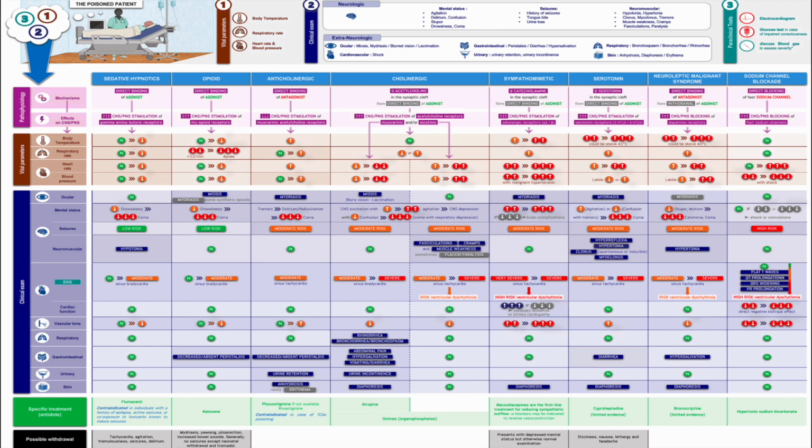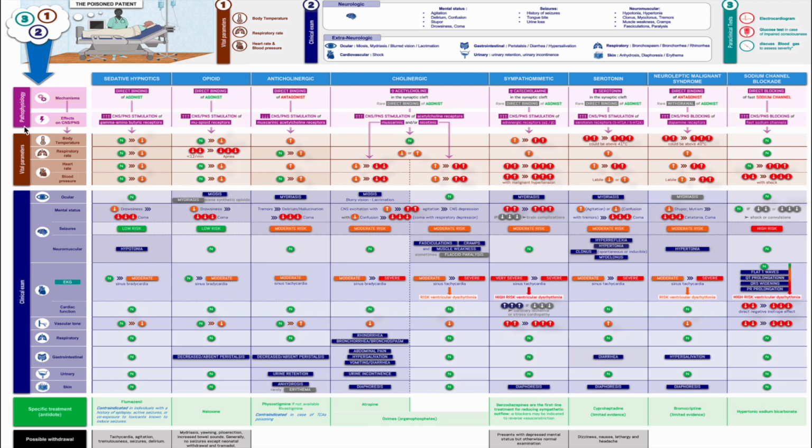So this is the toxidrome approach that you can use in your ICUs. You start with the vital signs, as we have already noted: body temperature, respiratory rate, heart rate, and blood pressure. Next, you do a clinical examination, which includes the neurological and the extraneurological. And finally, you have some paraclinical tests like the ECG, glucose, and the blood gas. Combining the three,